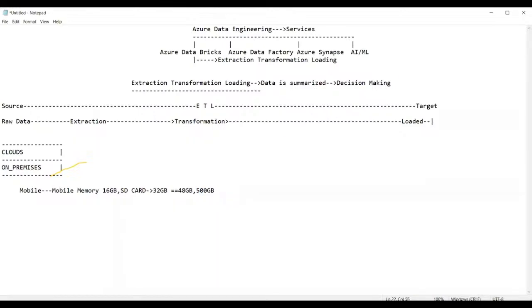Now tell me, how do you store this 500 GB? You have already utilized the 32 GB and the 16 GB. You have to store 500 GB more. So tell me, guys, what is the way you adopt? Just think generally, because we do this kind of job on a daily basis. Tell me now.